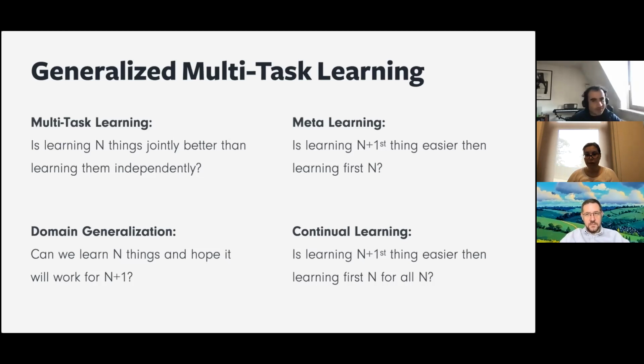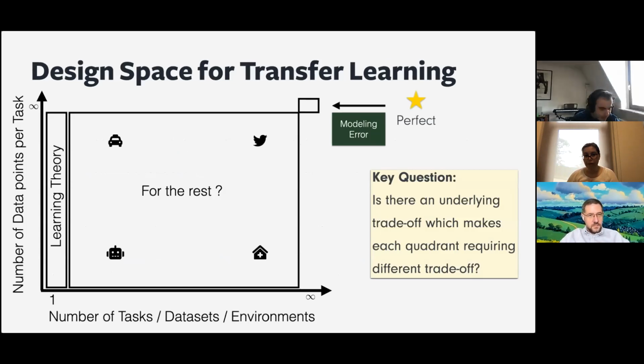So since everything is in a way multitask learning, when you think from this perspective, I think it is better if we analyze it and get some good lessons from it and apply them to all these problems. The most interesting part that I care about recently, and in this talk, is that once we talk about the classical learning theory perspective, we move from this perfect to modeling error. The modeling error basically says the best function you can find within your family. But of course, best you can find means best you can find when you have an infinite amount of data points. So you're basically at the infinite data level.